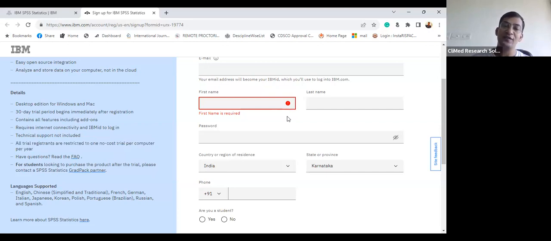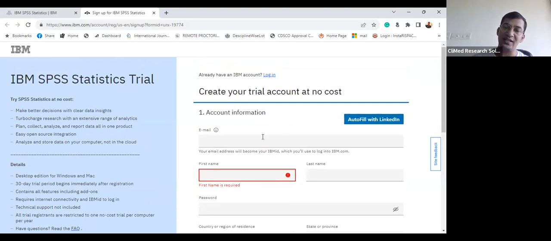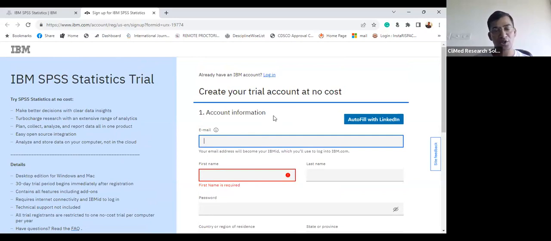That means with one email ID, you can create one trial version. You can create a new trial version after 1 month with a new email ID, but on a new computer only. You cannot create the same trial on the same computer. Let me give you an example. Suppose I am downloading the trial version today on my computer, and after 1 month, when my trial version is over, I will